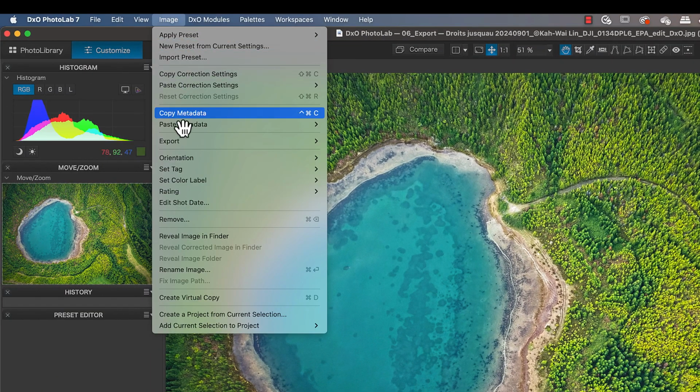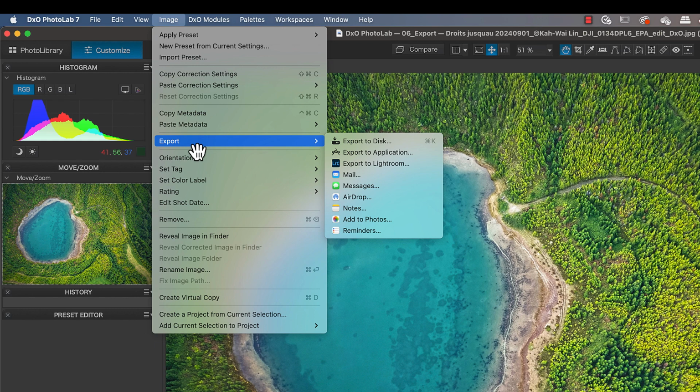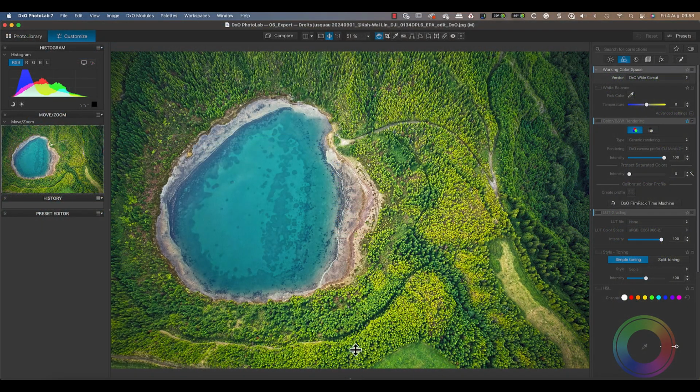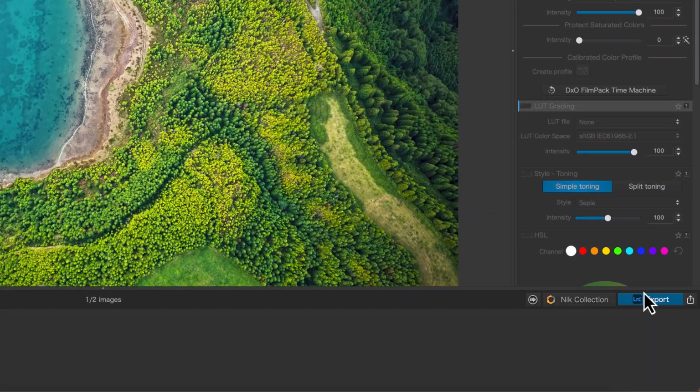You'll find the export command in the image menu, where you can see several options. Probably the most useful are the top three, allowing us to export the image to a file, another editing application, or Lightroom if you have it installed. You can also access these options by clicking the small icon to the bottom right of the interface. Next to this is the Export button, which changes to whichever option we choose. It's then easy to click on the button whenever you want to use the same options rather than choosing from the list.